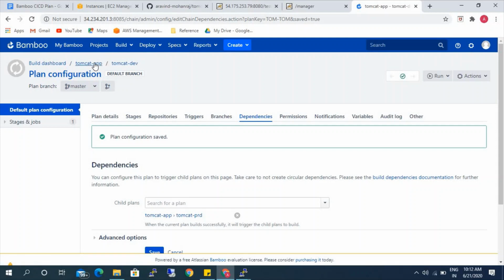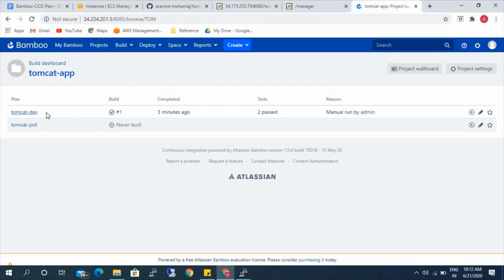So once the dev plan successfully builds, then it will trigger the Tomcat prod, which is the child of dev. Once the first plan is triggered, the second plan will also be triggered once the first plan successfully completes. Okay, got it understood? So let's go ahead and run the first plan.